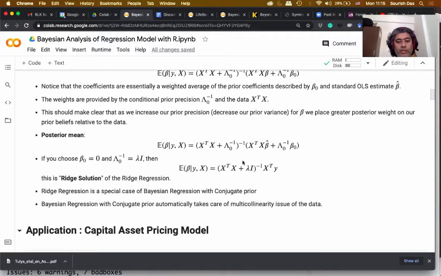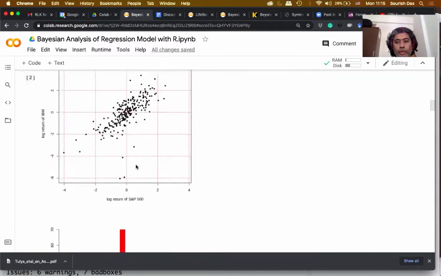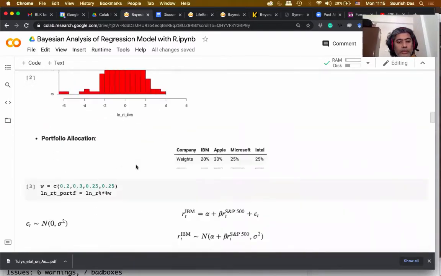And this is the ridge solution for lambda I. Okay. All right. Next,